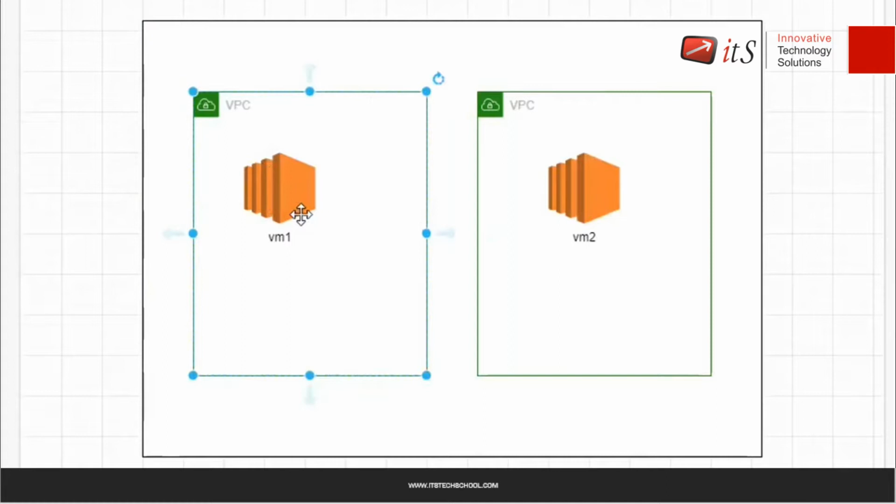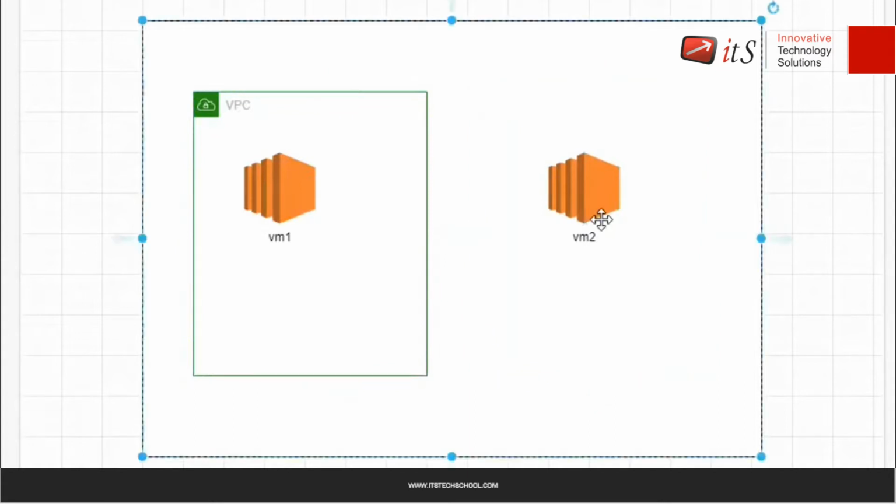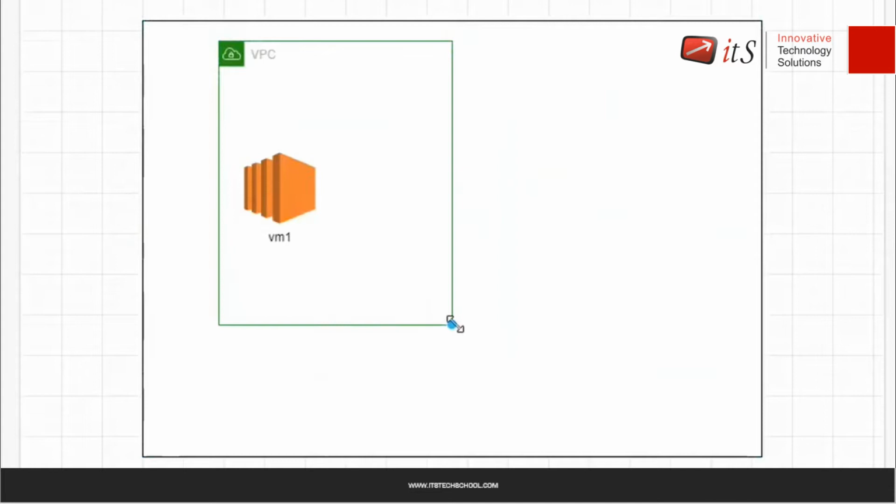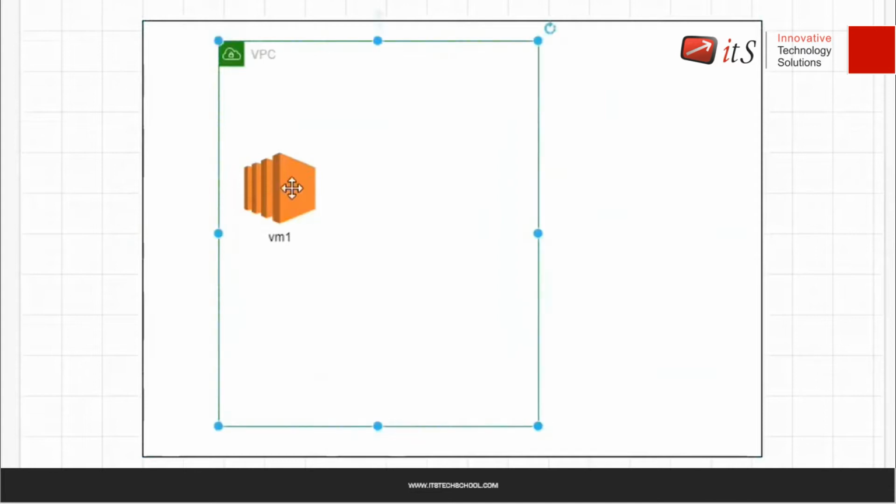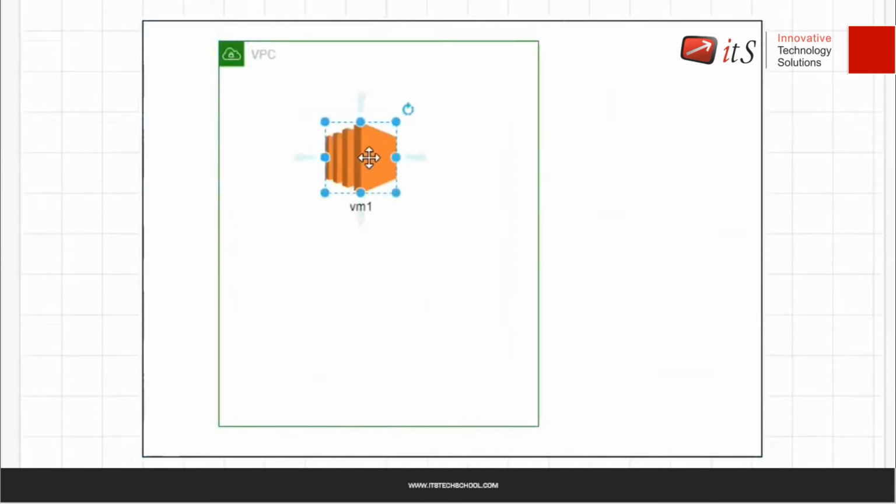So before creating any type of resource on AWS, you must understand what a VPC is and how to customize and configure your VPC on AWS. After that, you can configure your other services, right? So let me delete the other VPC and let's work on one VPC now. So I have this AWS, in the AWS I have this VPC, right? And this is my virtual machine, right?